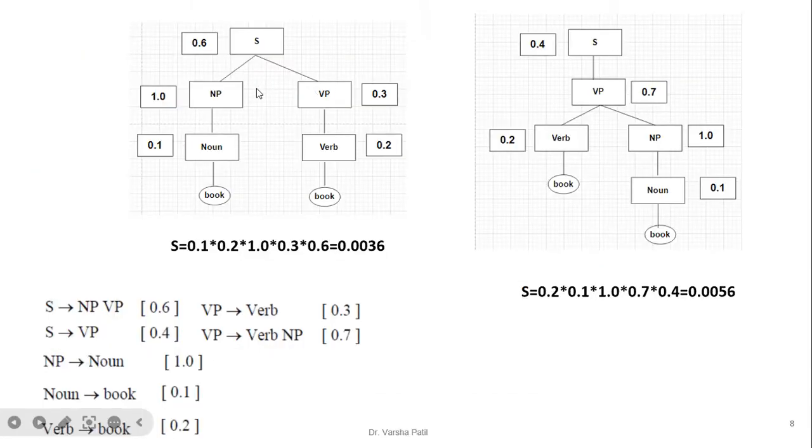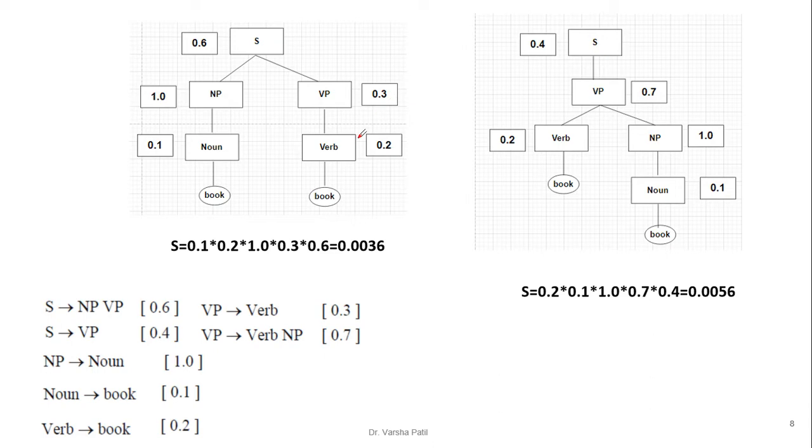Now see, we can get two parse trees if we apply the CYK parser, one with the noun phrase and verb phrase, and one with the verb phrase. For example, see first "book". So book can be treated as a noun, or book can be treated as a verb. Book as a noun, the probability is 0.1. Book as a verb,